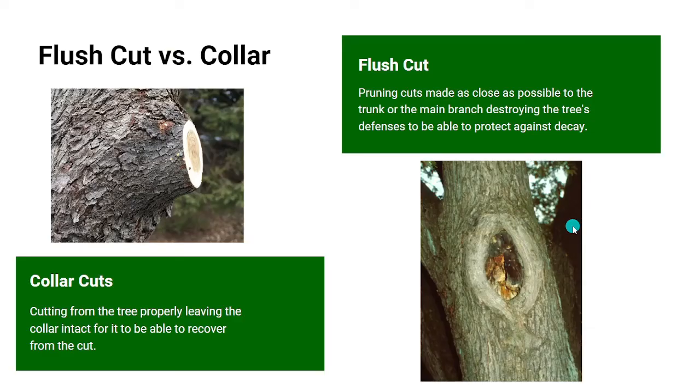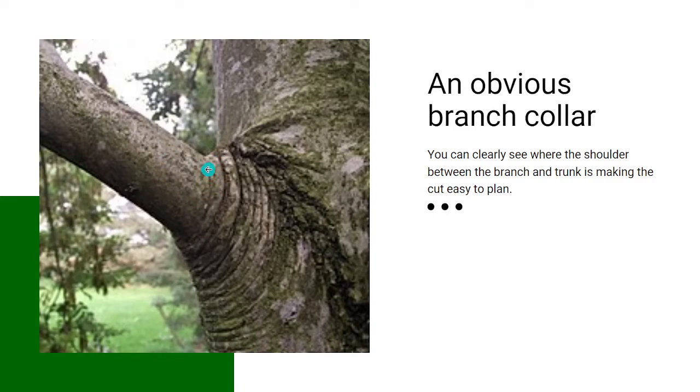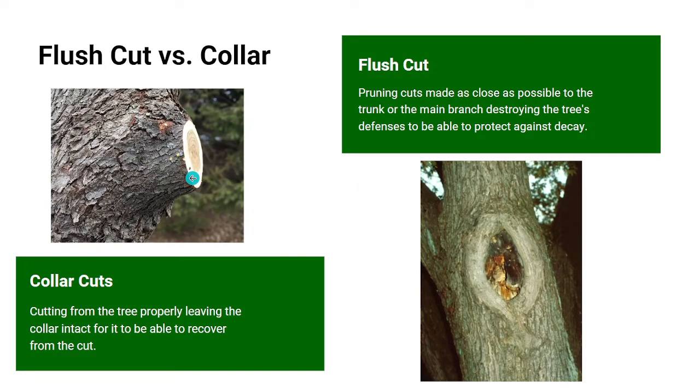Now getting into the actual cuts on why the collar cut is so important. When we have a clear collar, it's easy to make collar cuts like this right here. For example, when you see the shoulder right here, as in this example, this is a very good example on how to cut it properly. Because if you were to cut exactly right here, it would look something like this, which would just be a really good collar cut, which is just basically cutting from the tree properly, leaving the collar intact, so it'd be able to recover from the cut,